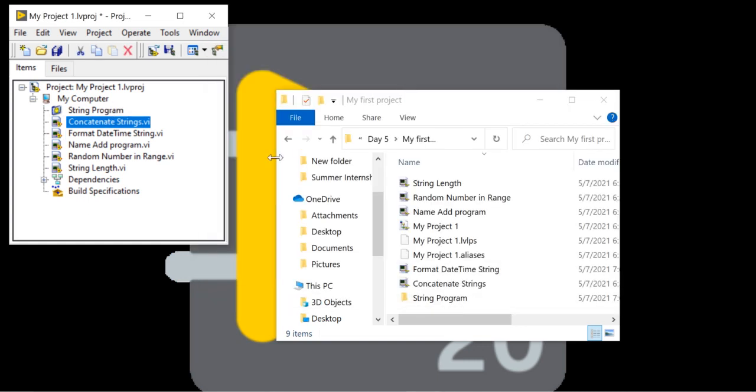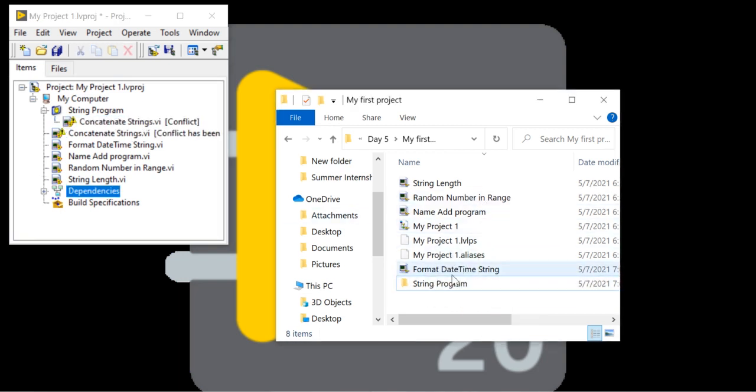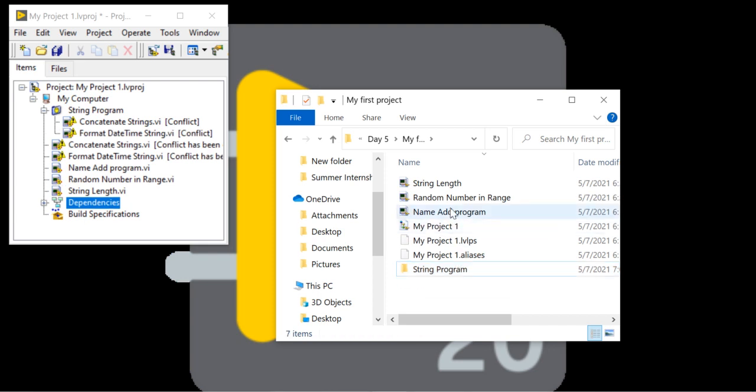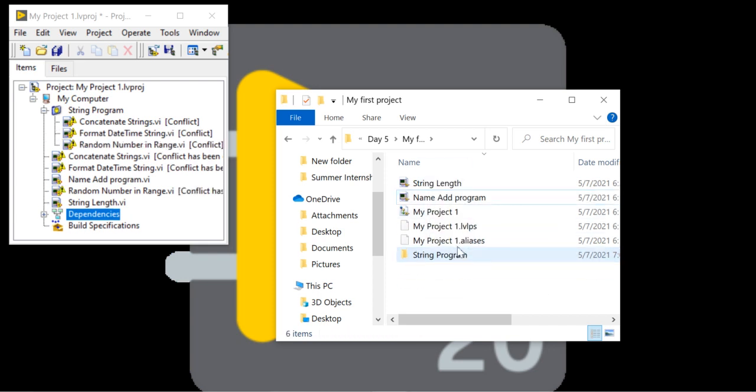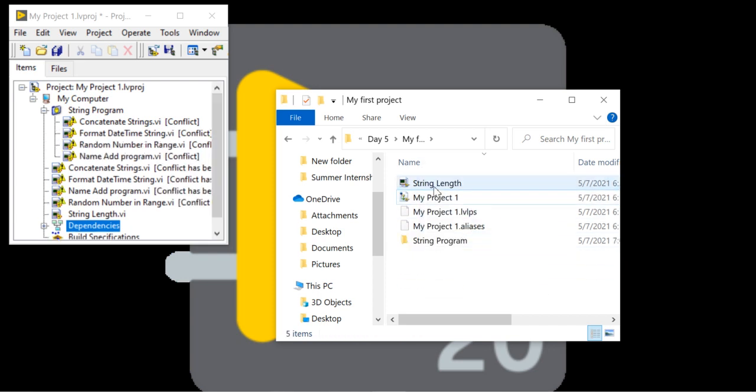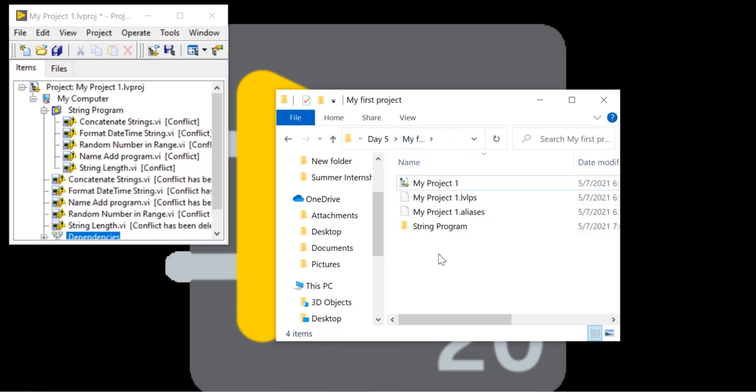I am going to move all my programs here. Save.